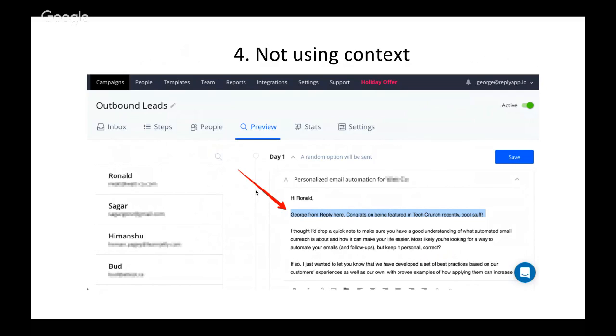The way to avoid this is to spend some time researching your contacts to find commonality so that you can segment those leads into multiple campaigns, or find more details that you can use as custom variables, and tweak the first couple of sentences for each contact.